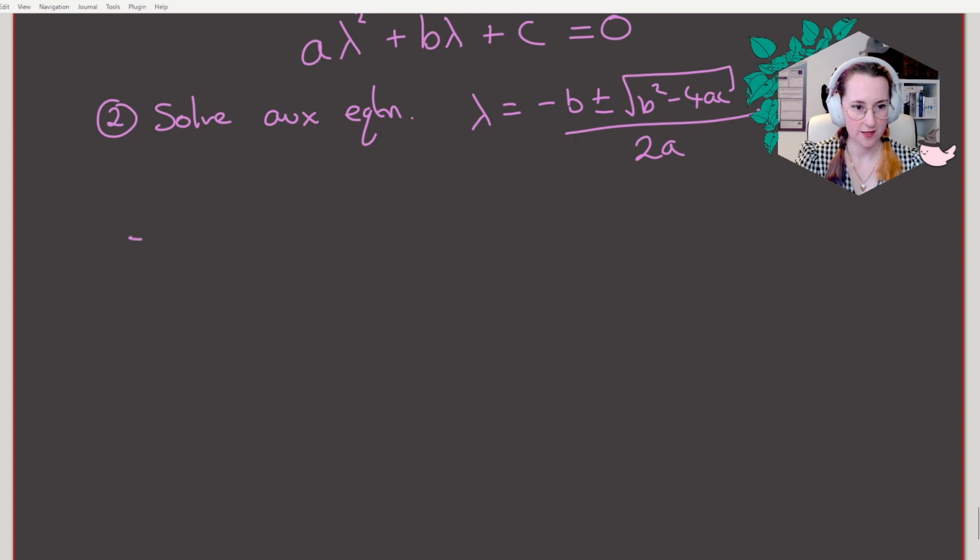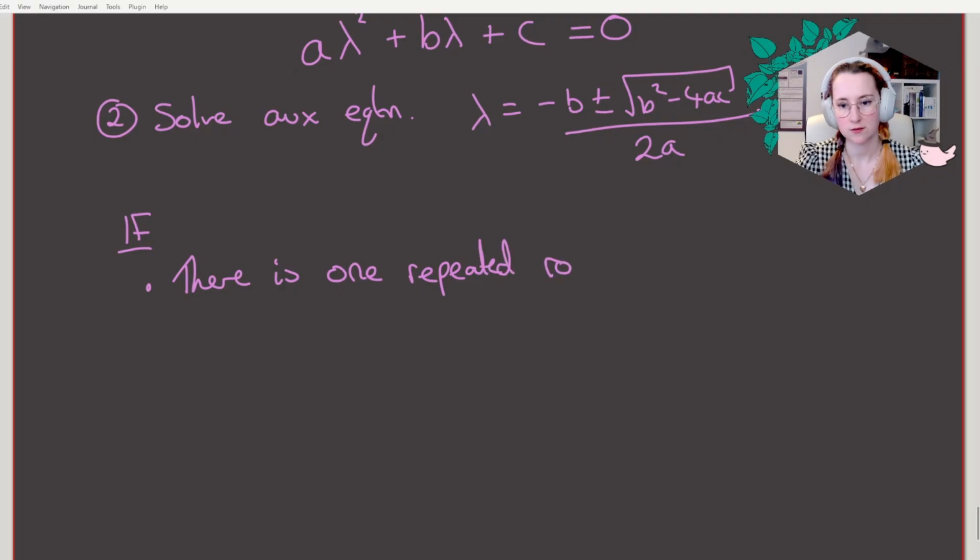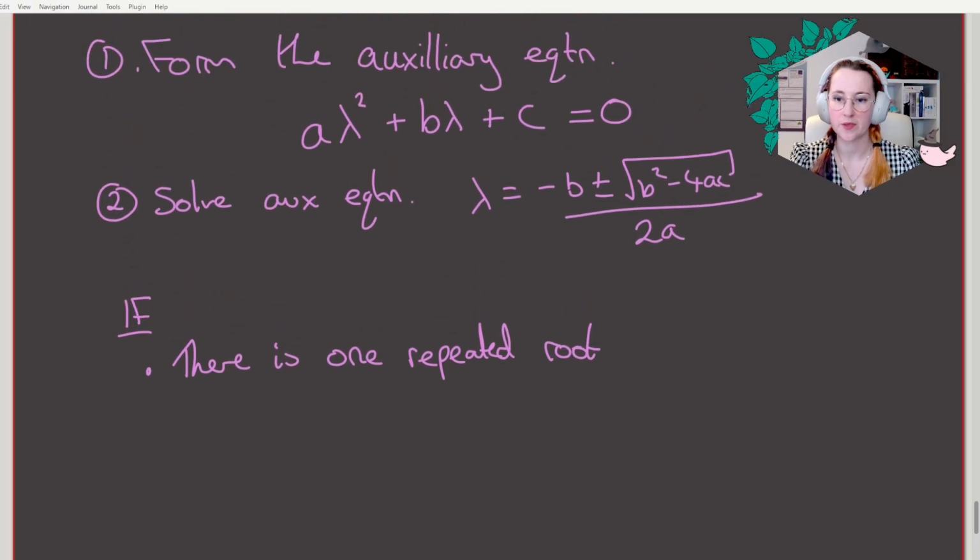So if there is one repeated root, there's always two values with this form of the quadratic equation. There's the plus version and the minus version. The plus or minus gives you two values. If there's only one value, so lambda 1 equals lambda 2,